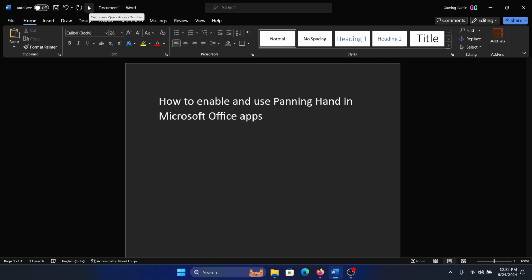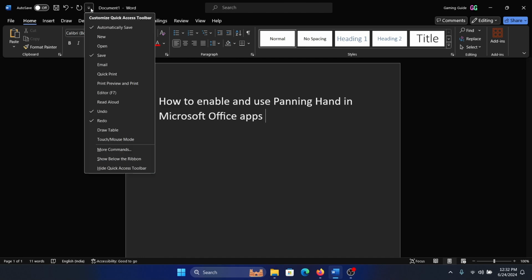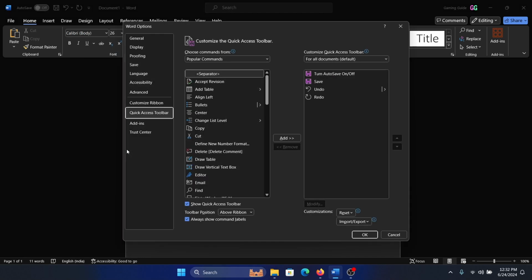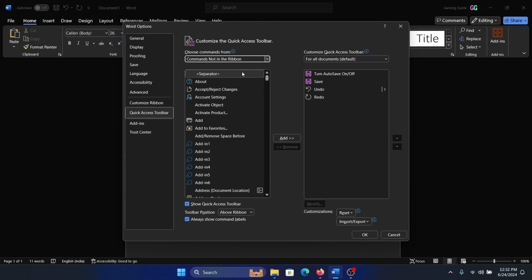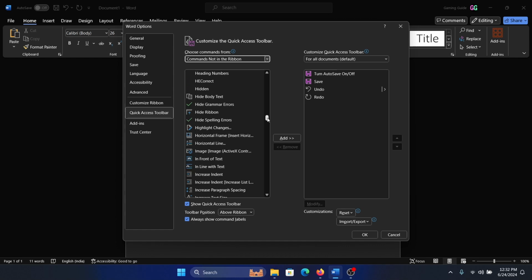So click on this downward pointing arrow here. It's called Customize Quick Access Toolbar. Then select More Commands. Now there's something called Choose Commands. So click on this and select Commands Not in Ribbon. Okay, so once you select this, you'll have to scroll down to panning hand